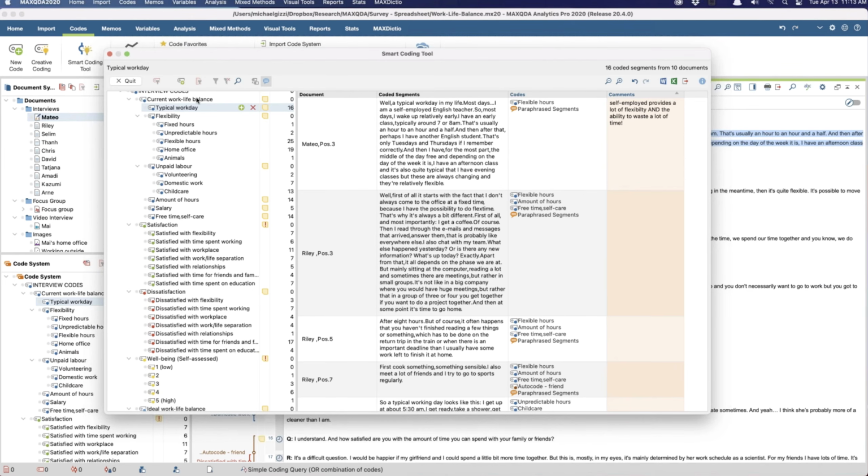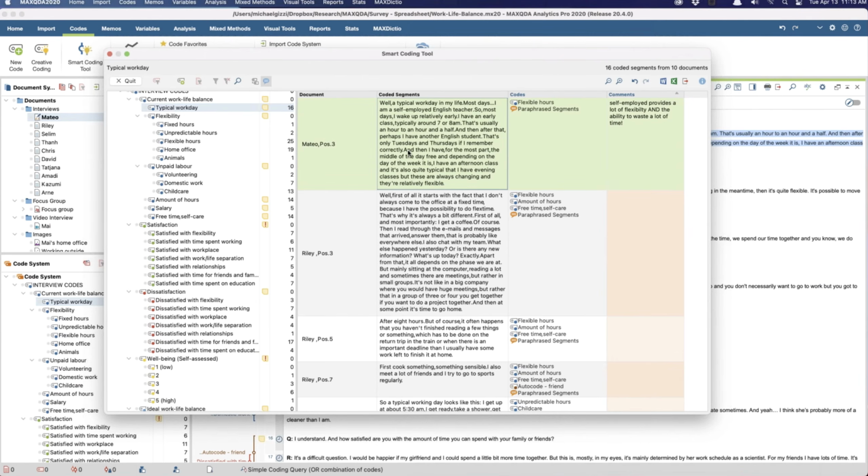Instead of looking at a full interview at once. Now, you might consider that a negative, because by only seeing what was coded with that question, you might miss out on something. So I'm not saying that you shouldn't look at the full document, but I think for a first read through of an interview, this is a very useful tool.